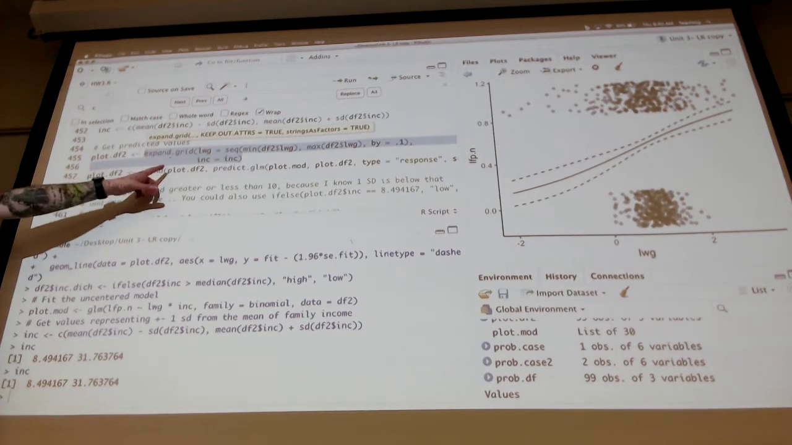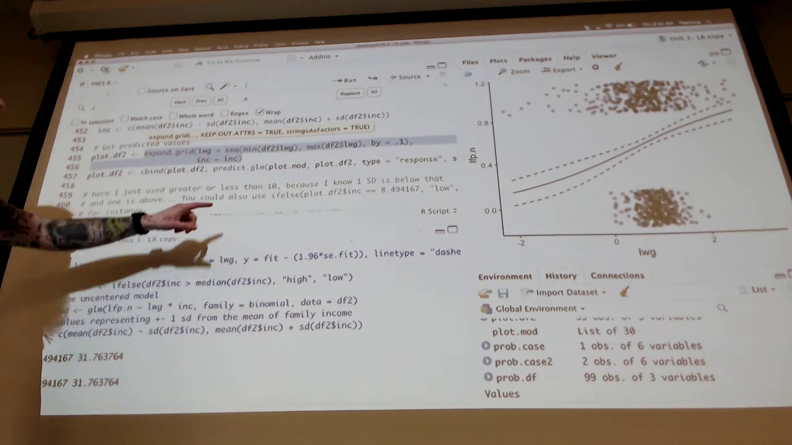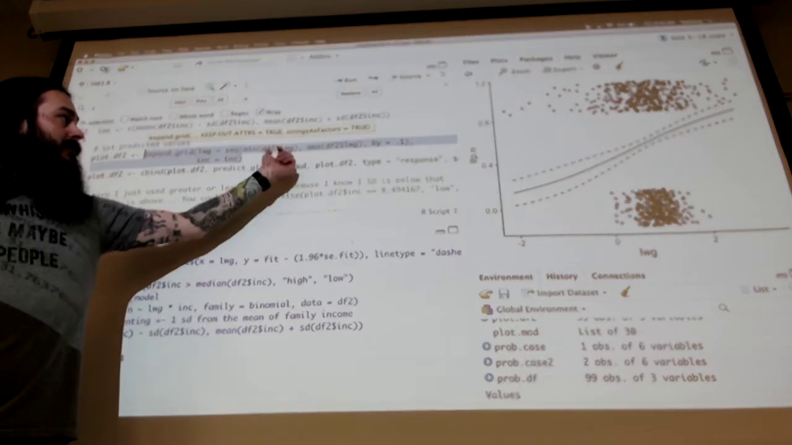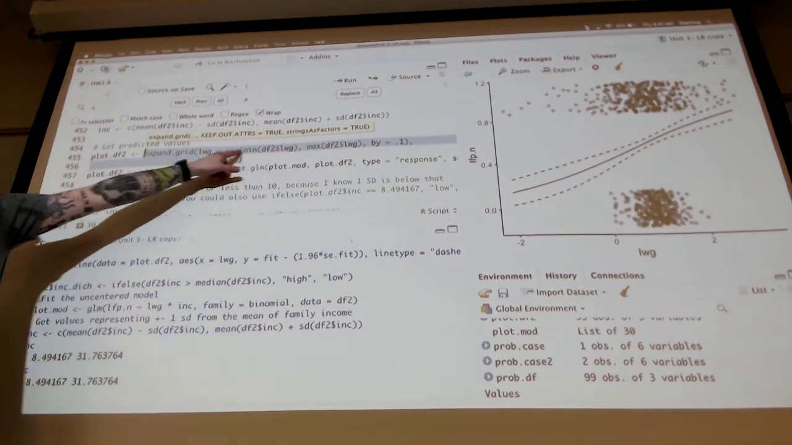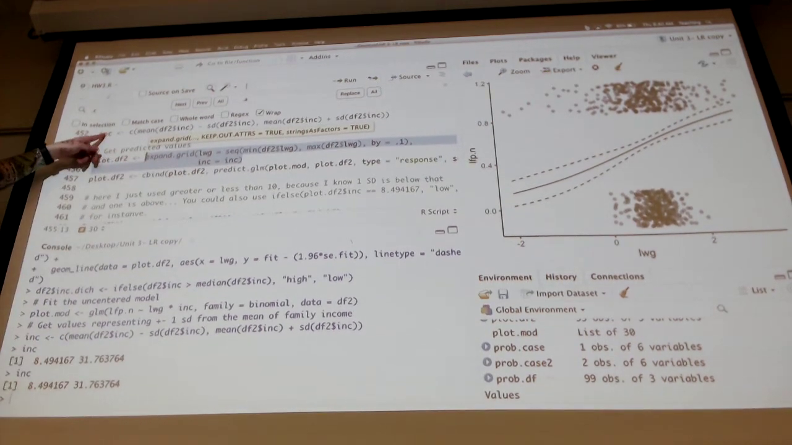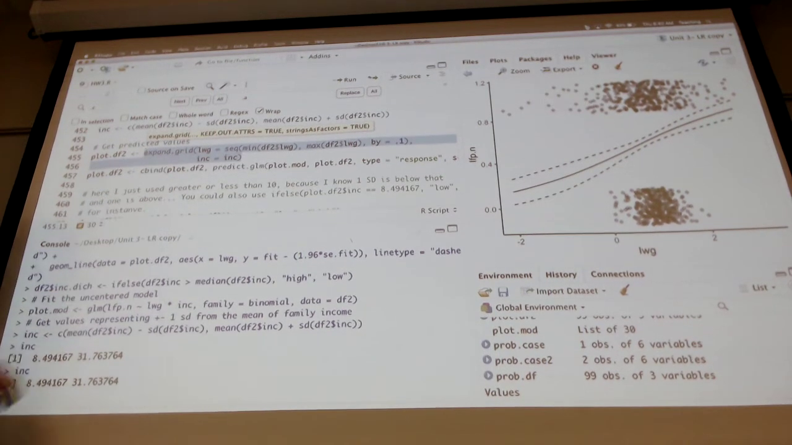Now here, remember earlier we set that one value as 0, so you could have just used data frame instead of expand grid. But here, I'm saying give me that same sequence from the minimum to the maximum by 0.1 of LWG, and then for inc equals inc, but inc is now 2 values. So when you run this now,